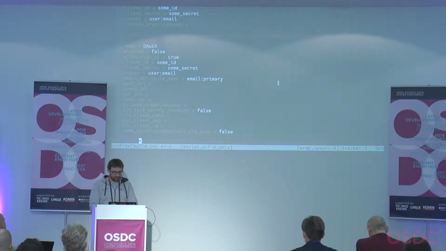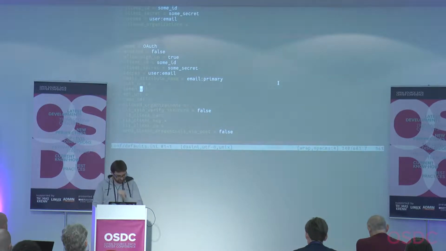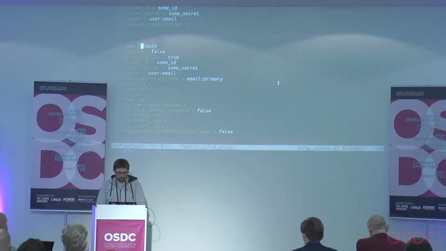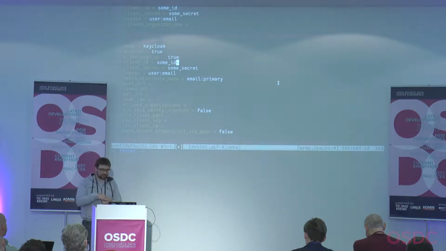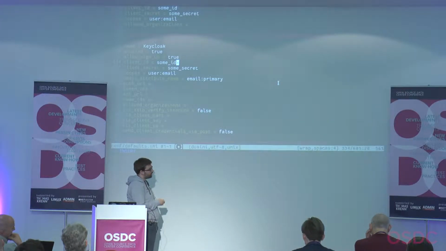I will not go into the details, but what works with OAuth will generally work with OpenID Connect. So I will enable it, and then I need a client ID and a client secret,